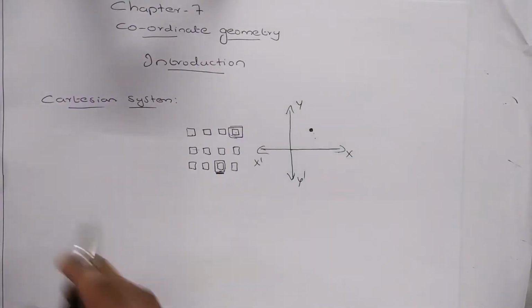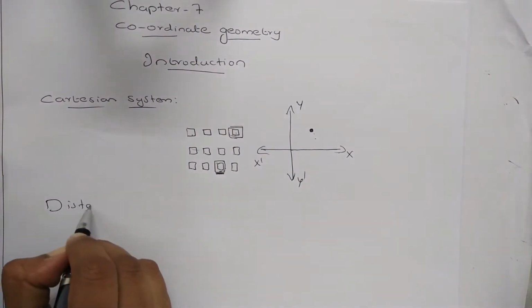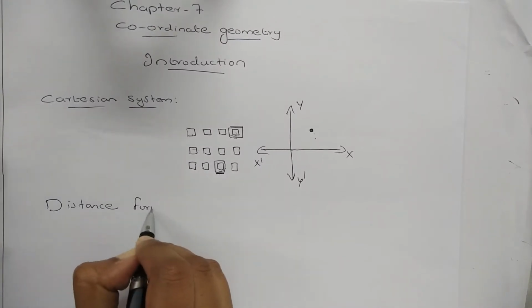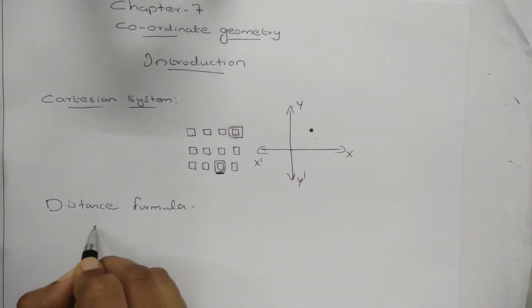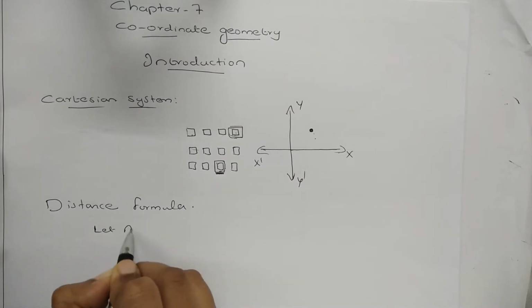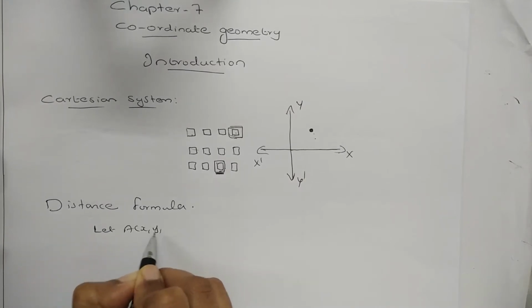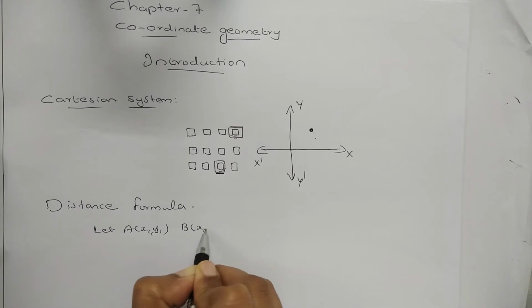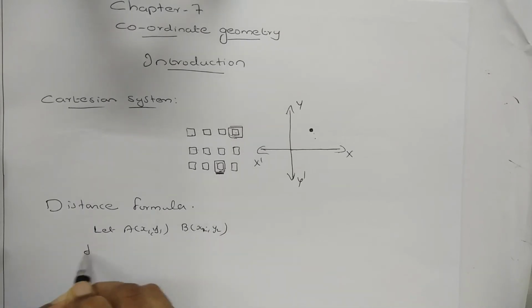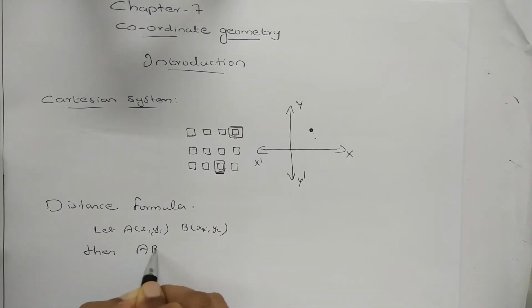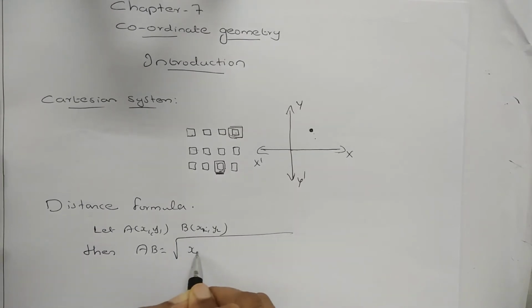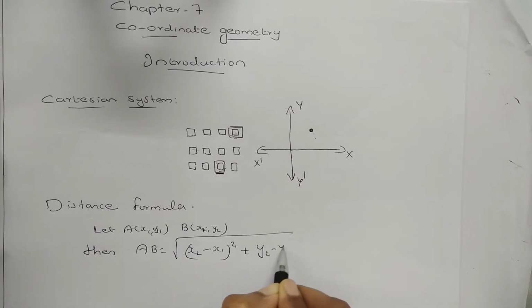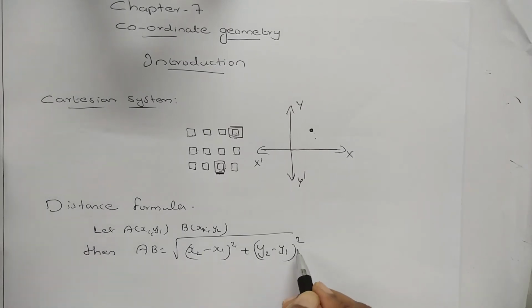So how will you write it here? Distance formula. Distance between 2 points. Let the points be A x1, y1 and B x2, y2, then AB is equal to root of x2 minus x1 the whole square plus y2 minus y1 the whole square. This is what is called the distance formula. So in the next exercise we are going to do the sums